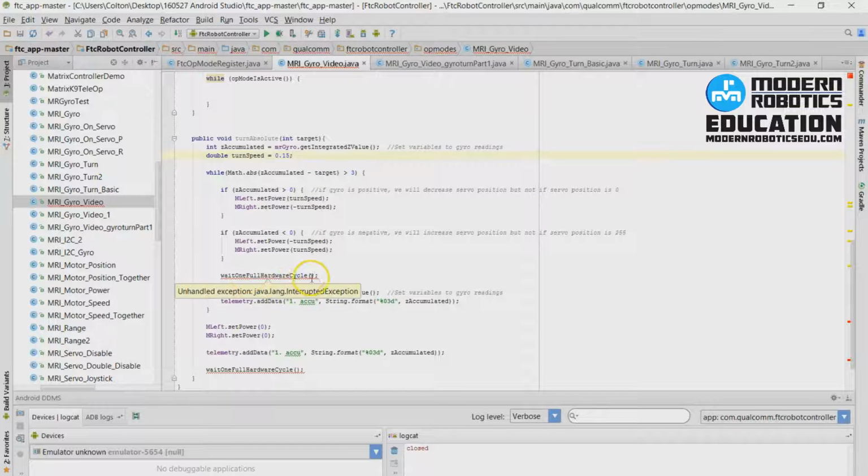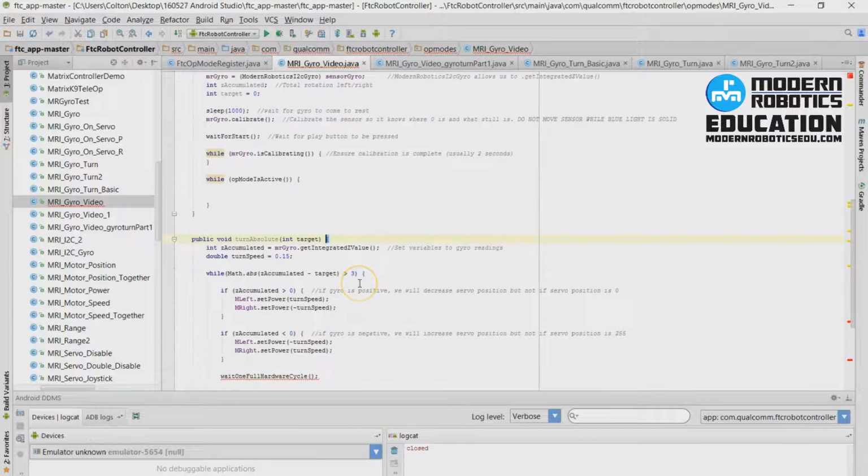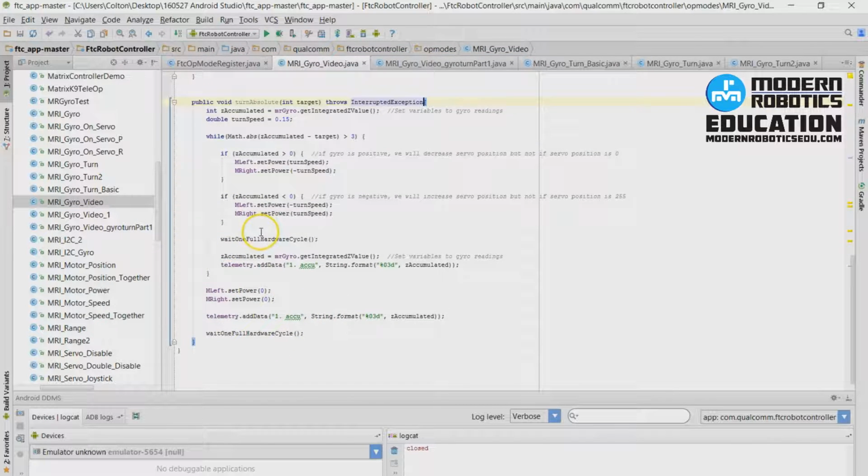Wait 1 full hardware cycle. And why doesn't that work? That is because our function up here throws interrupted exception. We need to do the same thing on here. So then our wait 1 full hardware cycle works in here. So here we have our turn speed, we have our z accumulated, while absolute value of accumulated minus target is greater than 3,